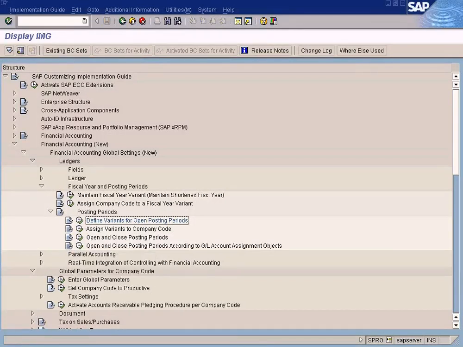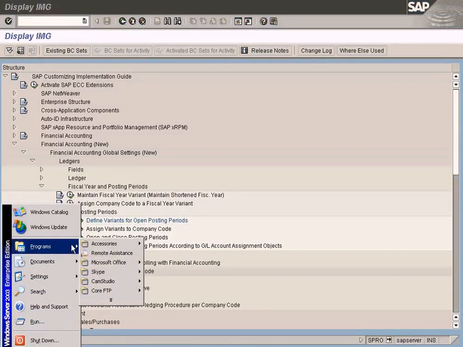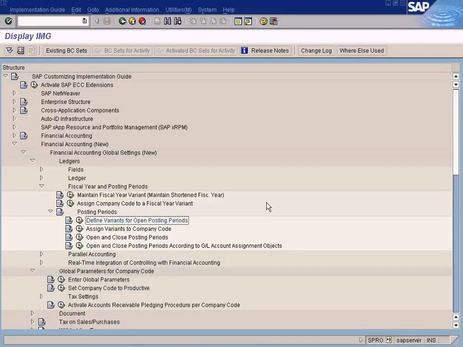Okay, in a typical business example, in a typical company, only the current period will be open and all the other periods will be closed, because otherwise there is a danger that the users will post documents to a wrong posting period, be it before the current period or after the current period. So we don't want this to happen, therefore we block all the previous periods and future periods and leave only the current period to be open.